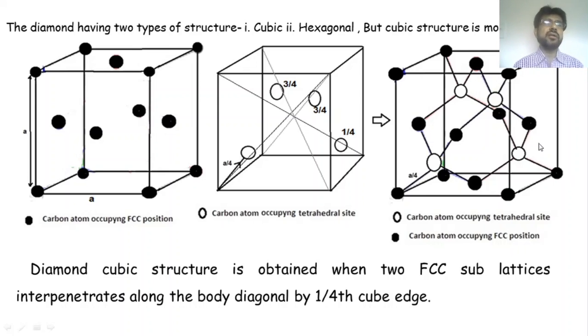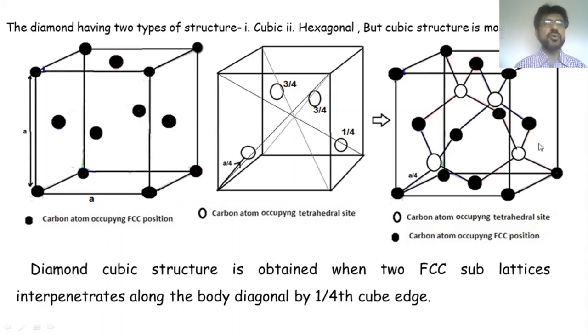Now basically diamond has two types of structures, one is cubic and the second one is hexagonal. But in this lecture we are going to see only the cubic type of structure because it is very common. Now students, we have already seen